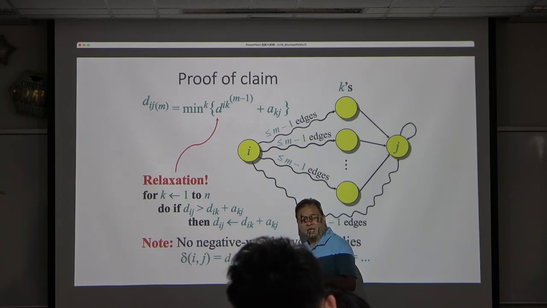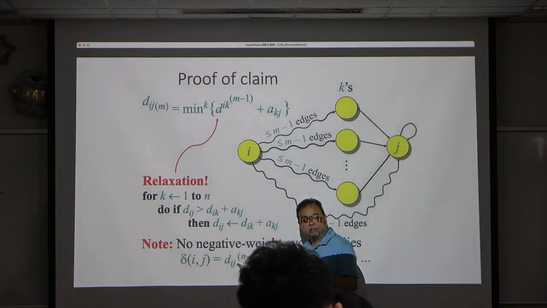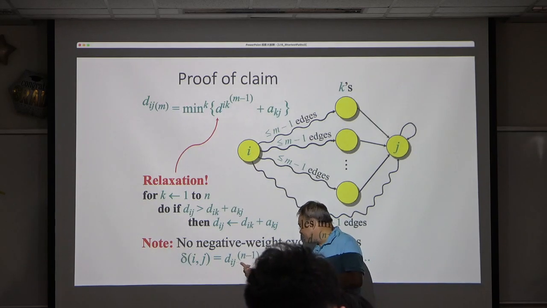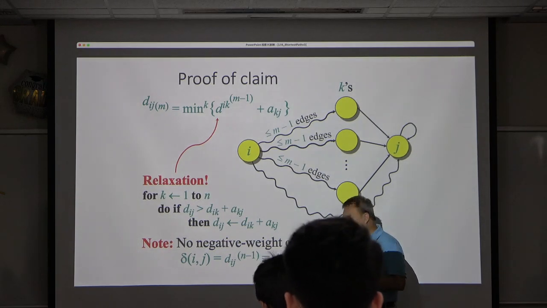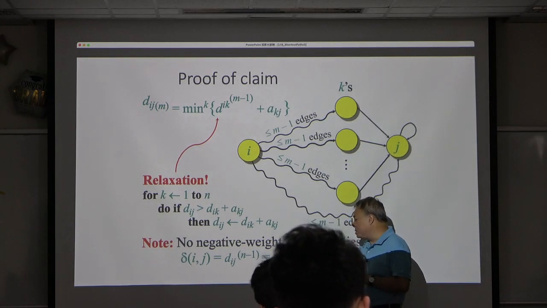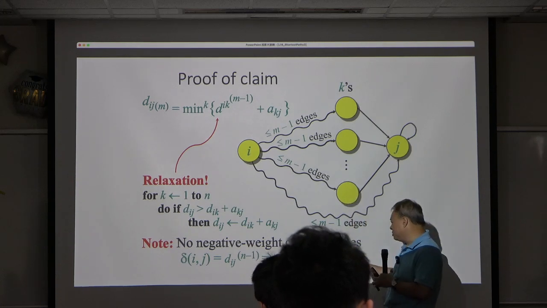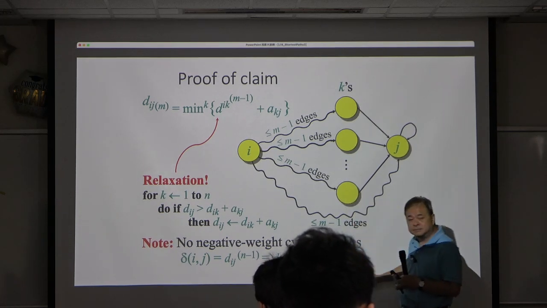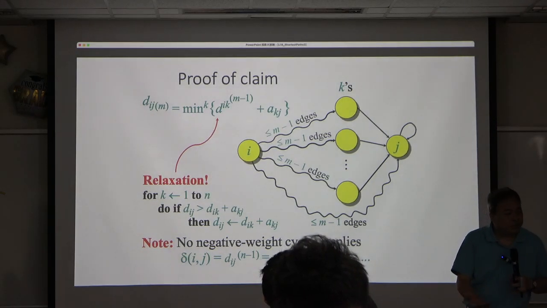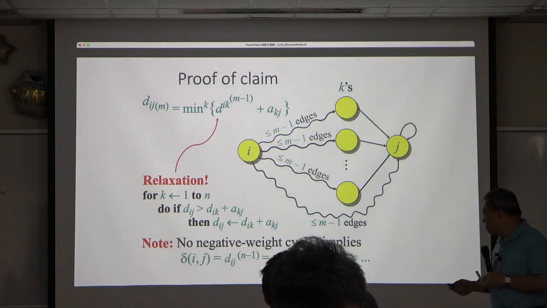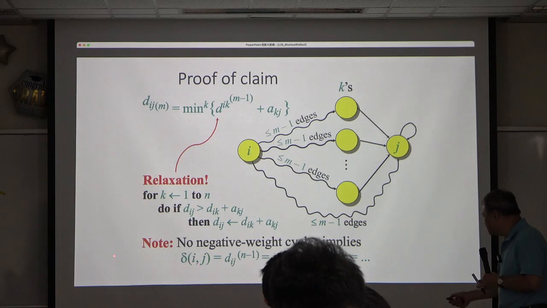You have n-1 edges between them at most. And it's obviously going to be the same regardless of how many additional edges you provide. So n-1, n plus 1, they are all the same. Right? So once you know that,